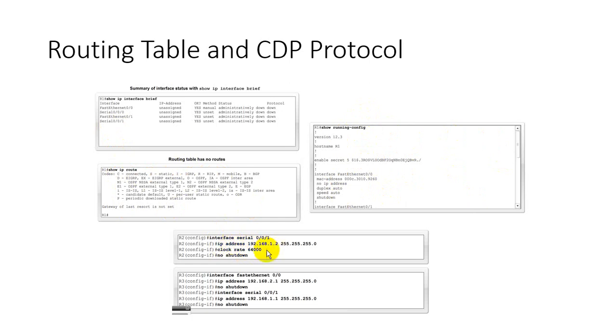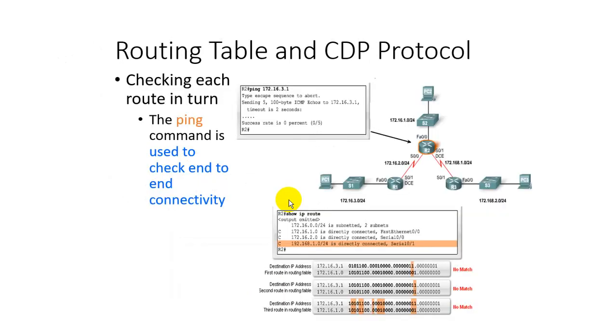Interface serial, clock rate, no shutdown; interface FastEthernet, IP address, no shutdown; interface serial, no shutdown, IP addresses. Checking each route in turn, the ping command is used to check end-to-end connectivity. To check the connectivity from this PC to PC3, we issue a ping command. If we do show ip route, we can find in this router R2 that it has